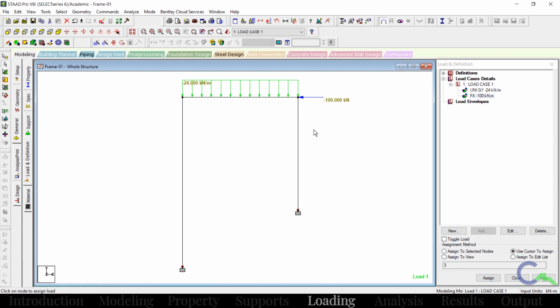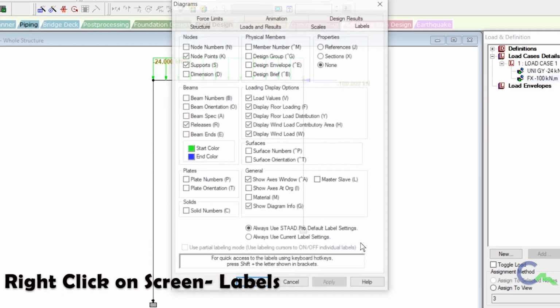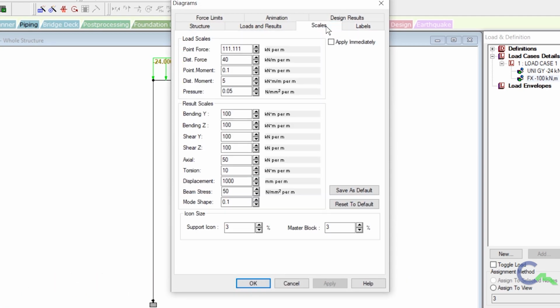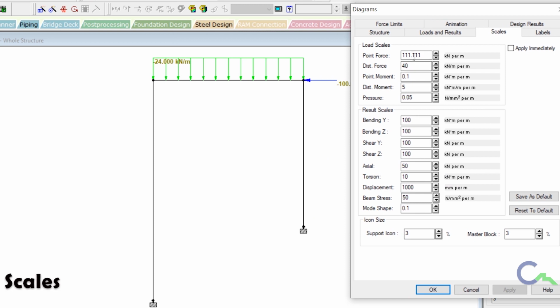Now the scale is not proper. So click on the screen, right click, then go to labels. In that I will go for scales. The point force is having somewhat 111, so I will change that value. I will click on apply immediately.